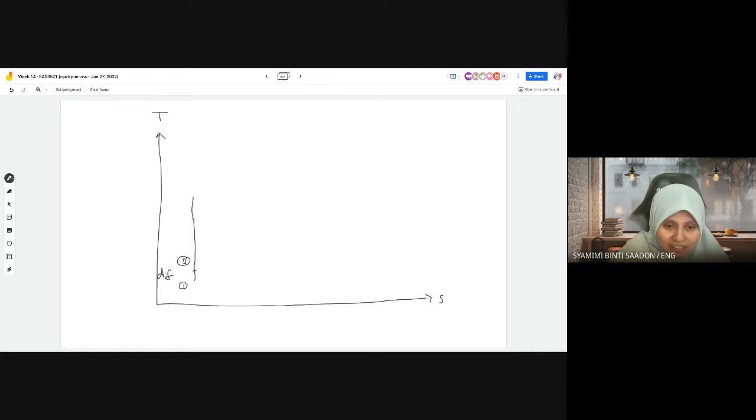So ideal, so straight line, compress, increase pressure and temperature. Next, after compression,